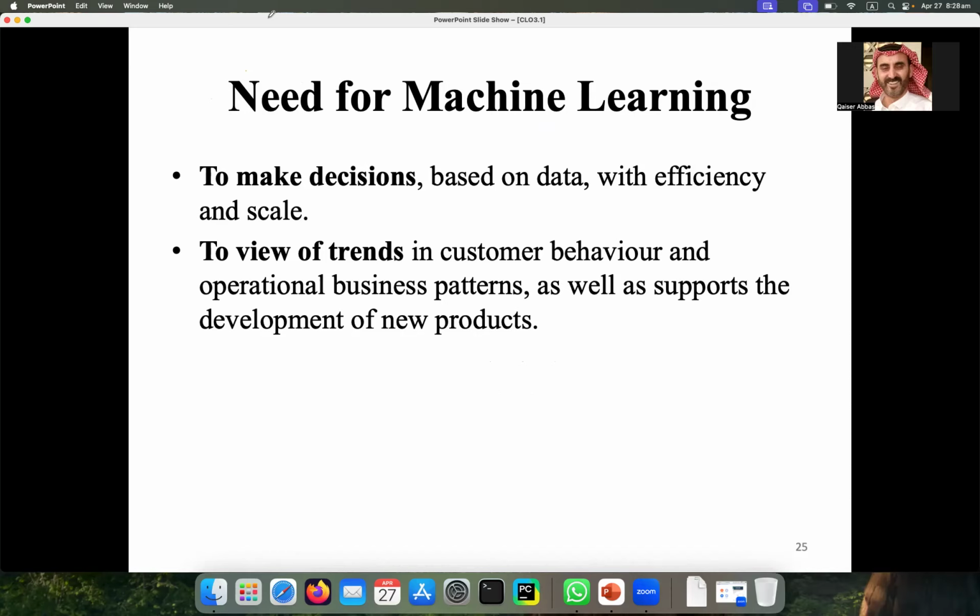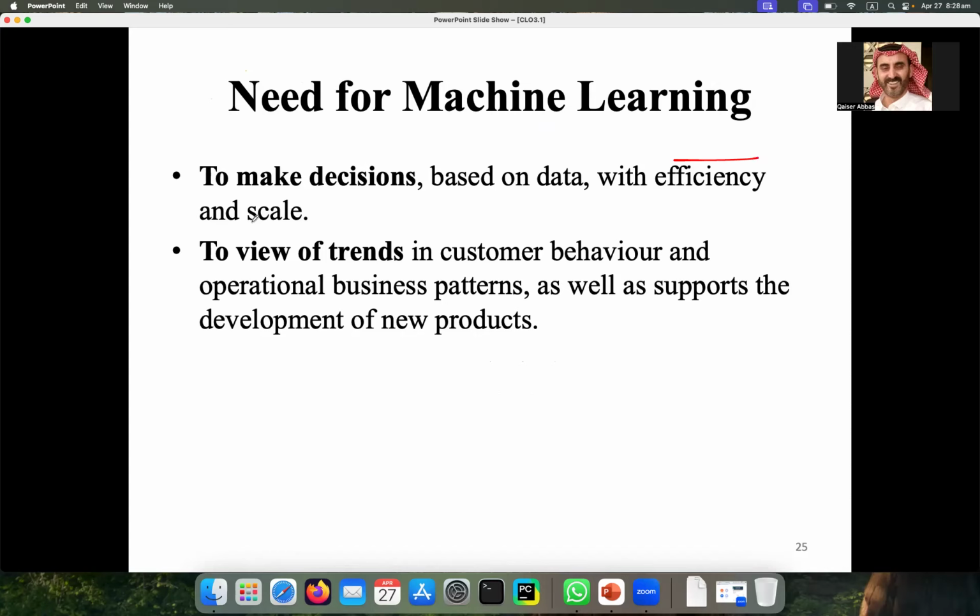When our data is large and we want to take decisions from that data about anything, then we can make these decisions with speed. That's why the word is efficiency. We can make decisions with speed and on a large amount of data.